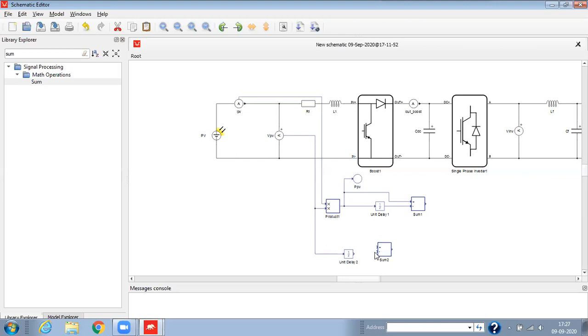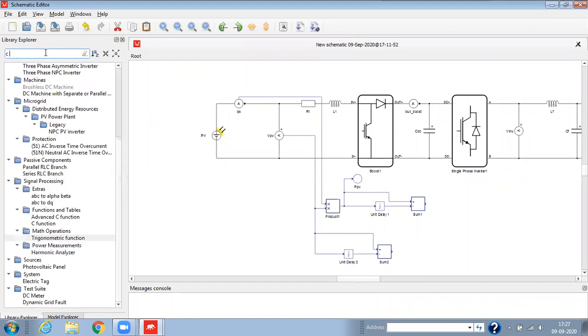Now we'll connect this. At the output of this sum block 2, we are going to have the change in voltage. This change in voltage and change in power is going into the C function block.